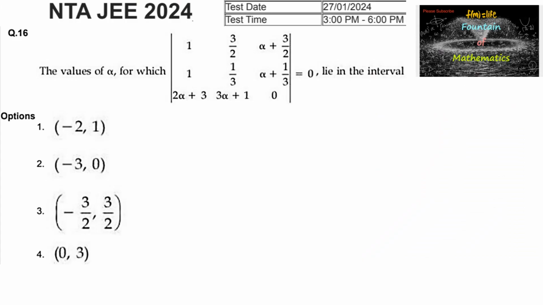The values of alpha for which the determinant with rows 1, 3 by 2, alpha plus 3 by 2; 1 by 3, alpha plus 1 by 3, 2 alpha plus 3; 3 alpha plus 1, 0, is 0, lies in which interval. So let's find the determinant. 1 times of 1 upon 3 into 0 is 0, minus alpha plus 1 by 3 into 3 alpha plus 1,